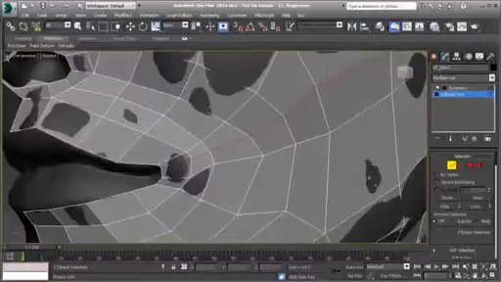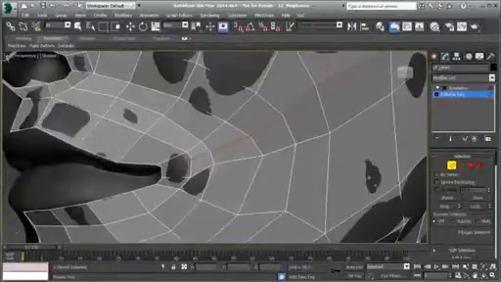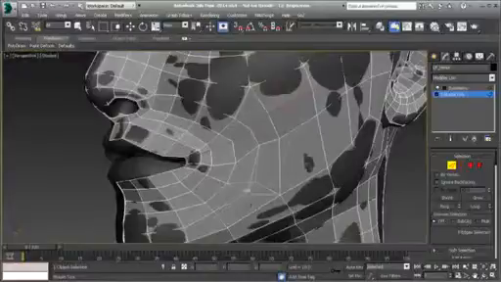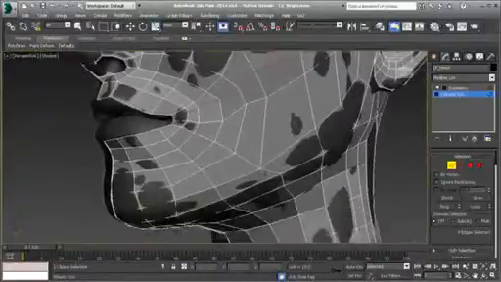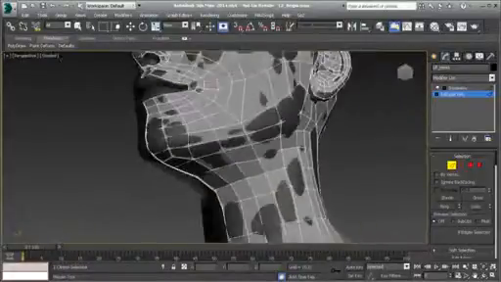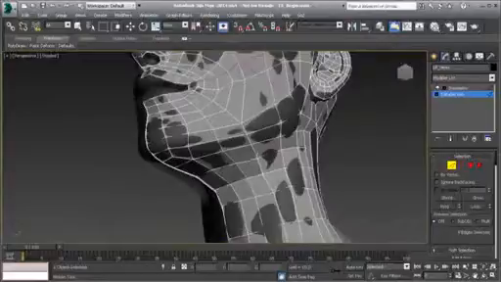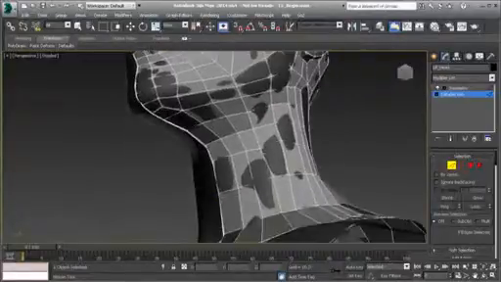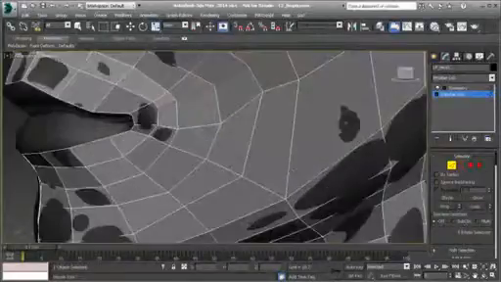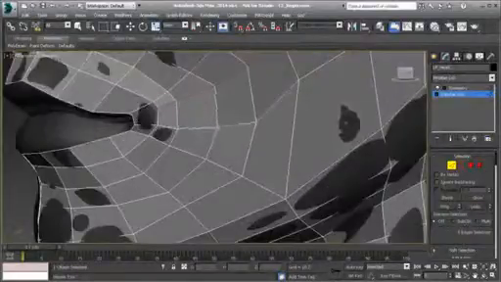Very good. Okay, so there we have that. Now we also have this area here. I'm going to pull that up around here. Kind of pull these polygons around. Here we go. And let me pull this down. And we're just trying to even out, redistribute some of these